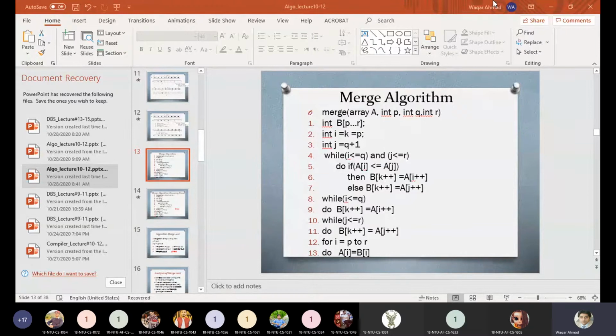We are trying to explore the divide and conquer strategy, which is a recursive strategy. And for that purpose, we are covering the algorithm of merge sort. Last time we saw the merge activity mostly and tried to analyze the merge part of the merge sort algorithm. If you have any confusions, you can raise your hand.